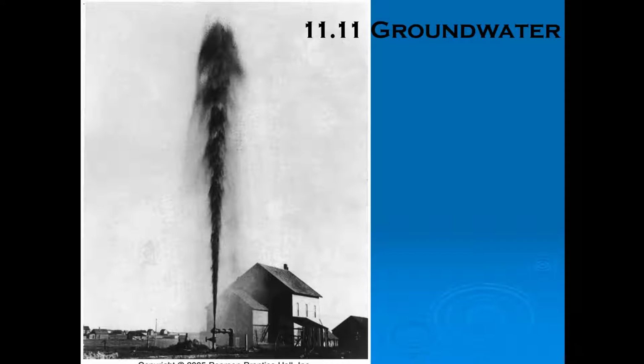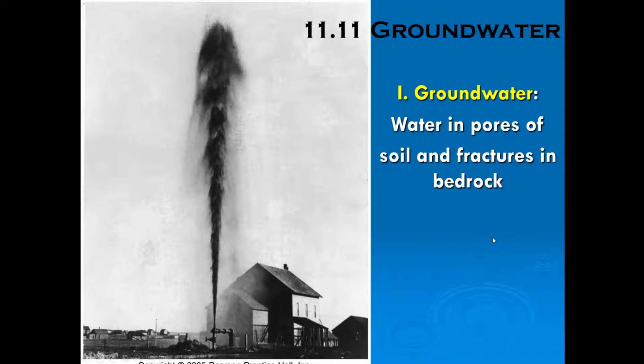But what makes the Midwest a stable place for farming is that within the earth in the Midwest, there's a rock layer called the Ogallala Aquifer. And the Ogallala Aquifer is a really reliable source of groundwater. It's actually helped to stabilize farming in the Midwest and really enhance the quality of life for people who live there. When I'm talking about groundwater, I'm talking about any water that's found in the pores of soil and in